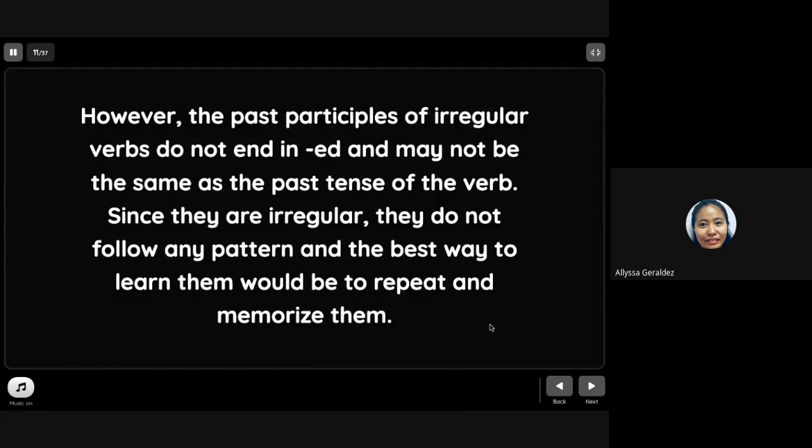However, the past participles of irregular verbs do not end in ed and may not be the same as the past tense of the verb. Since they are irregular, they do not follow any pattern, and the best way to learn them would be to repeat and memorize them. Take for an example,